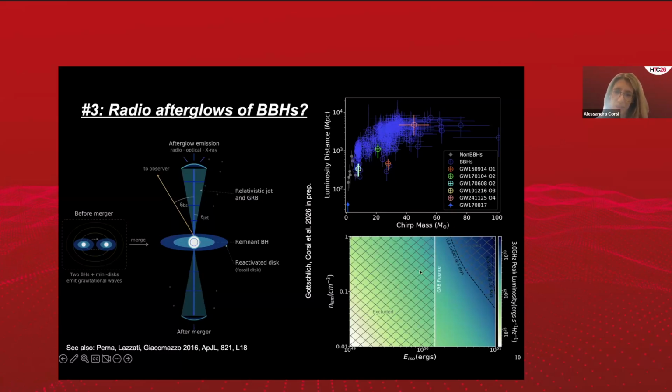I won't go into the details of the lower plot here, but this is just to show you that in terms of doing radio follow-up, what you're constraining is the potential existence of that jet. And so you can constrain how energetic it is and how dense the interstellar medium around it is, even if you have no detections. So in this plane here, you see the exclusion regions from the radio and from the gamma rays to the left.